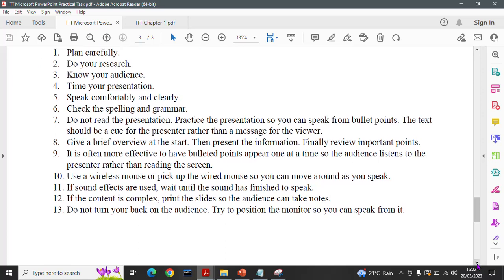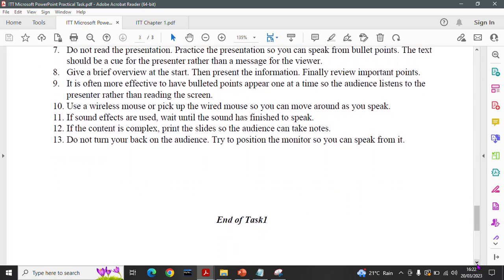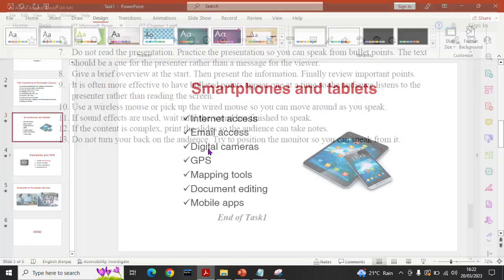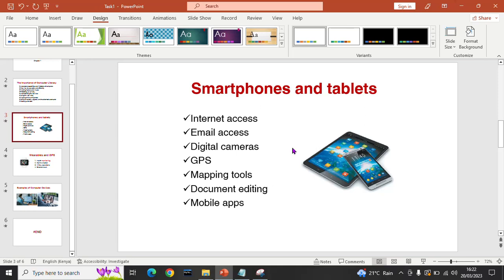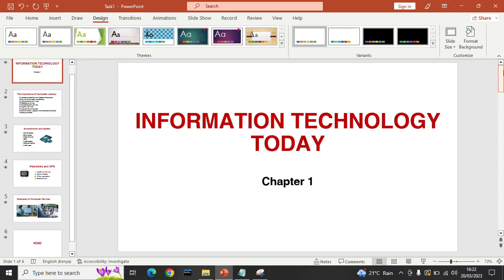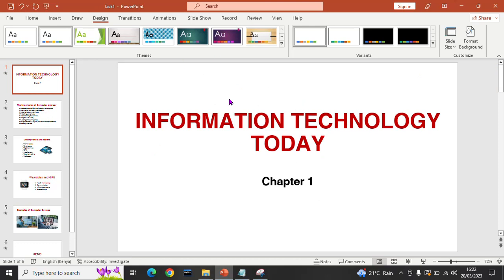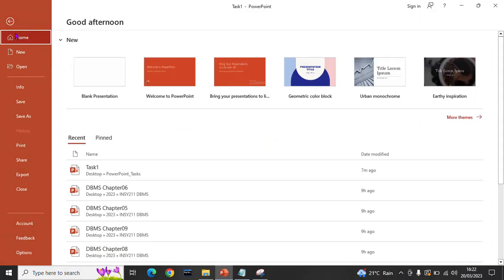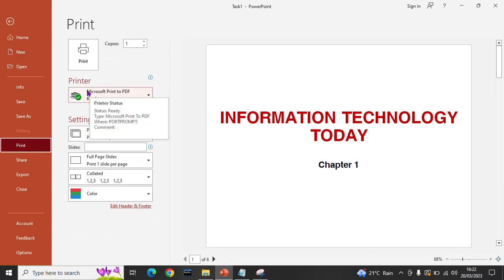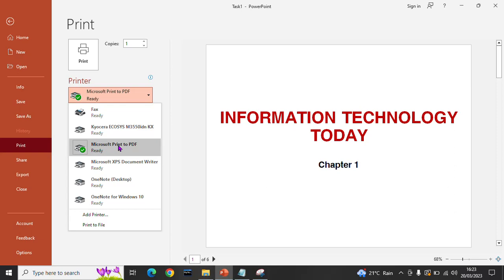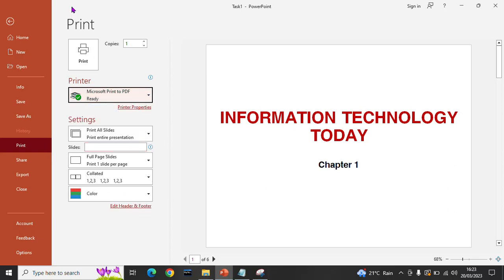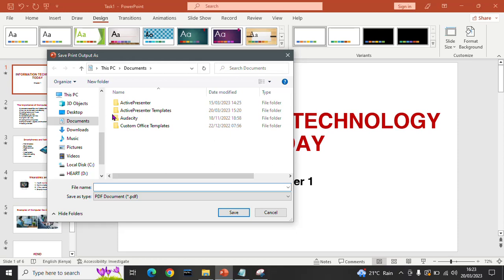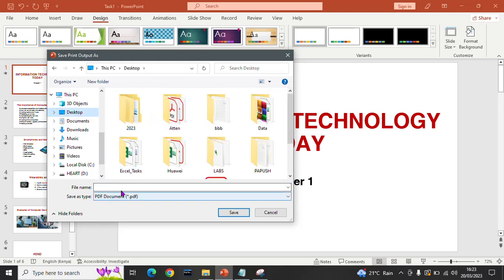So these are some of the good skills that you can use on your presentations. So one last thing that I would like to show is how you can turn your PowerPoint presentation into a PDF. So when you come to file, you can print this file on the printer. You choose Microsoft Print to PDF. Then you print. So when you print this work, you can put it on desktop and say PDF